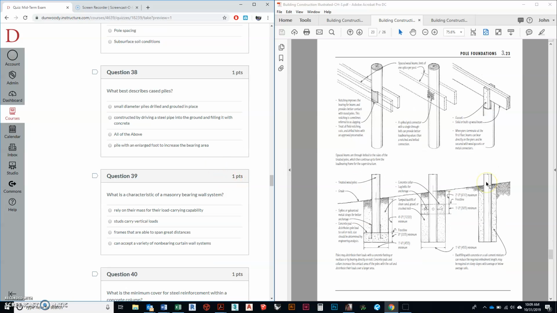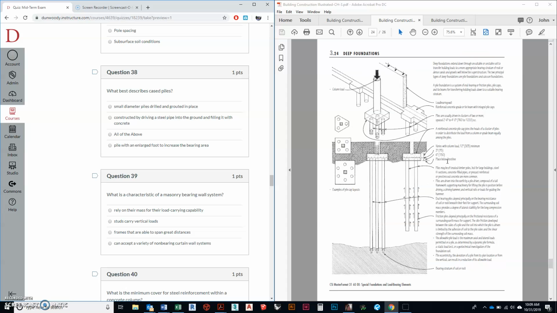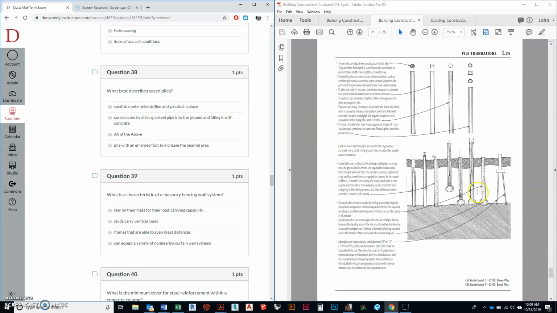What best describes cased piles? So understanding the difference between piles. There are cased and uncased piles. These are different types that we can deal with when we're talking about doing deeper foundations. So when you get to 3.25, that's the pile foundations. Here are these different types. Here are the cast in place cased, uncased, pedestal, micro piles, all those things that happen there. And make sure you read through that to understand which of these best describes